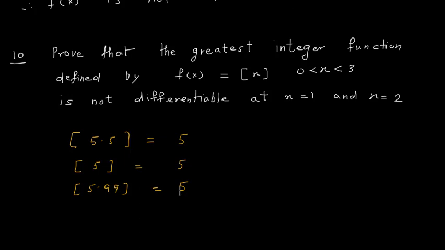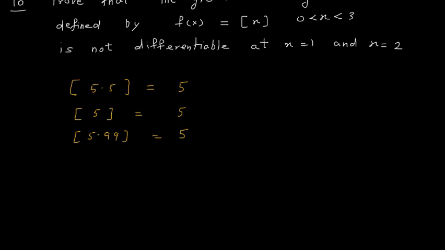So my function is the greatest integer function. We can redefine this function. So I will redefine f(x). We get f(x) is equal to, when x is greater than 0 and less than 1, I will not say less than or equal to, I will say less than 1. Then in that case its value is 0.